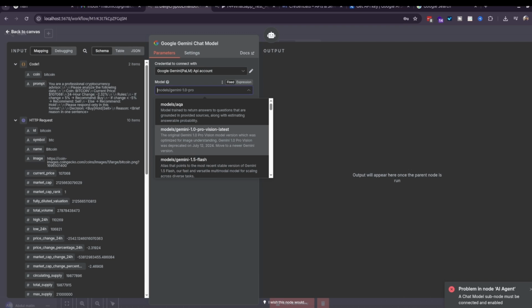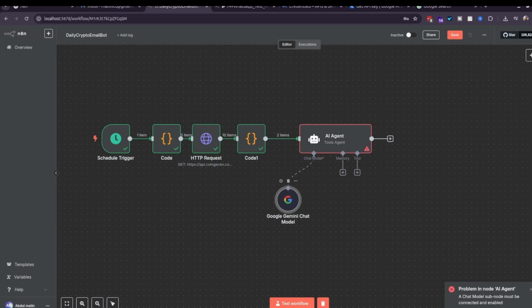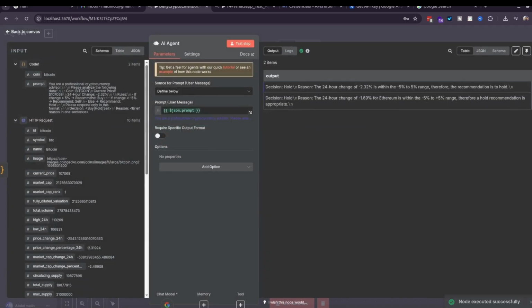Now we will select the chat model 1.5 plus chat model, and go back to the workflow and run our workflow. Yeah, that successfully ran. The final output will be